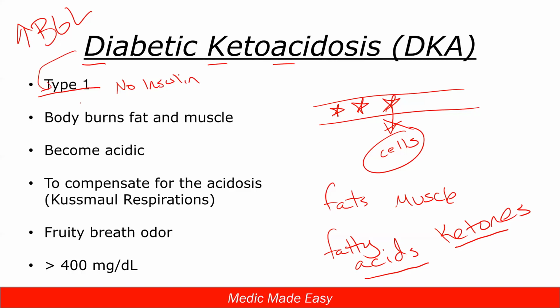So again, I really want you to be able to just kind of memorize, recognize that the DKA progression is going to show up on the type 1 diabetic side. We said they become acidic. Right? We really drive into that acidosis balance in paramedic school. But for now, we can just say because we create these other waste products, these other fatty acids and lactic acids and things like that, they become more acidic.